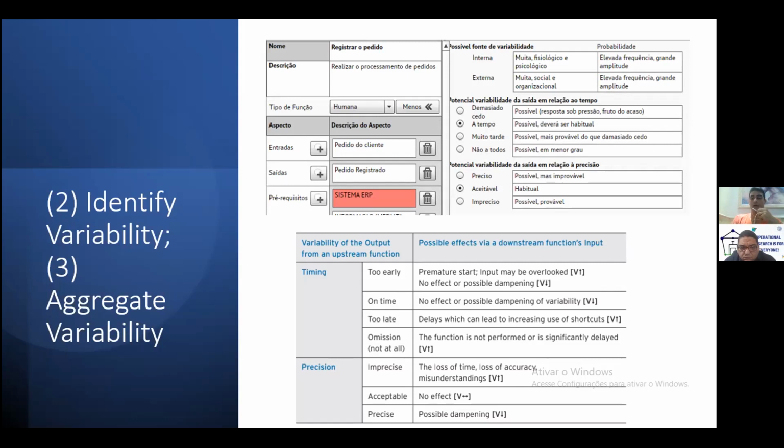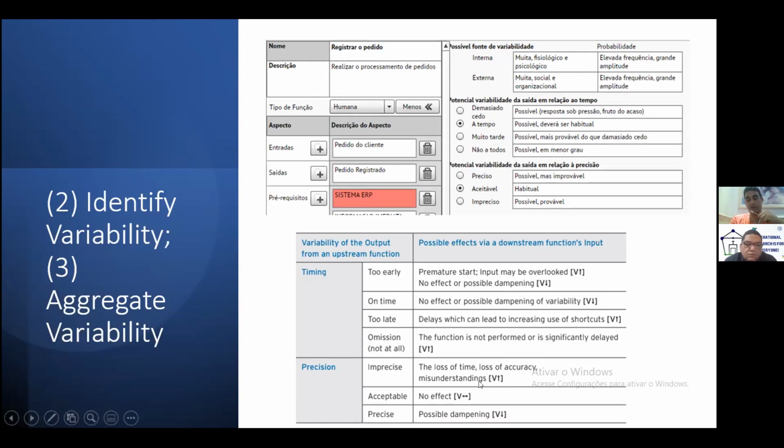Then the FRAM Model Visualizer, which is the software I'm going to present later on, will show us the possible sources of variability, internal and external. It will also show the potential variability regarding time, resource, precision, and accuracy.